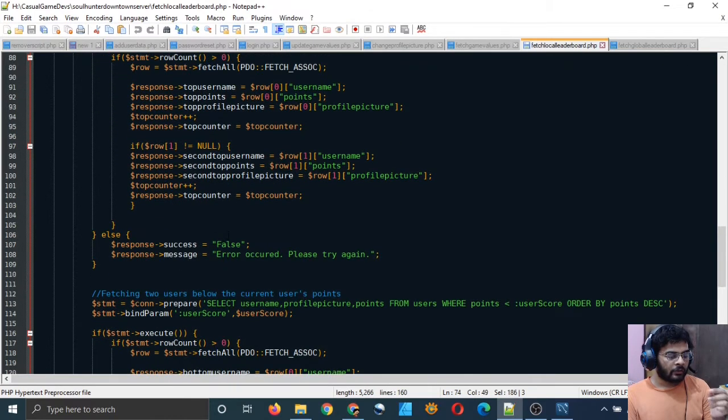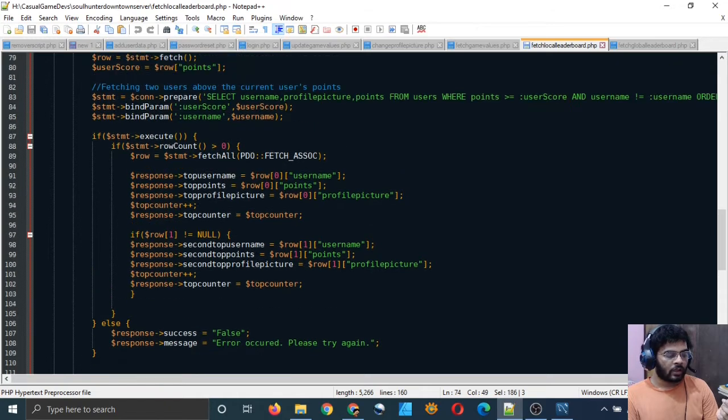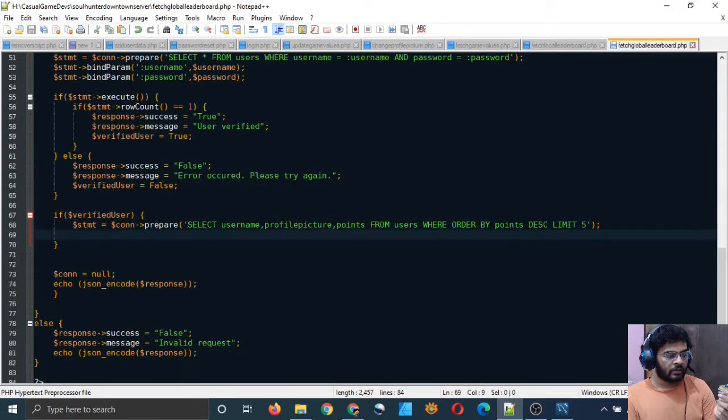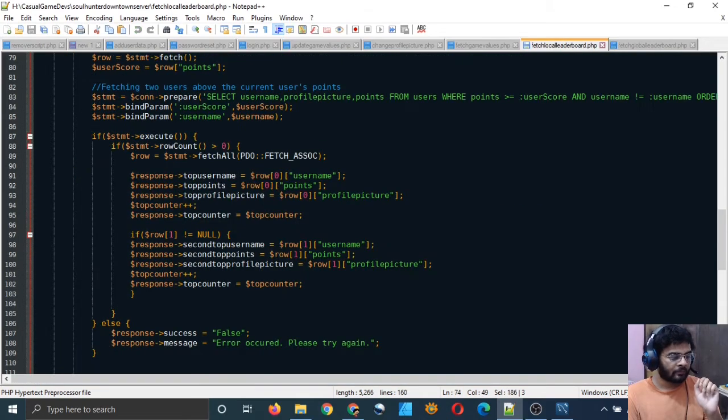And I think because we have five rows, basically, I believe we will have to make a JSON array instead of a JSON object. By that I mean this $response variable, we are structuring it in a way such that it becomes a JSON object.